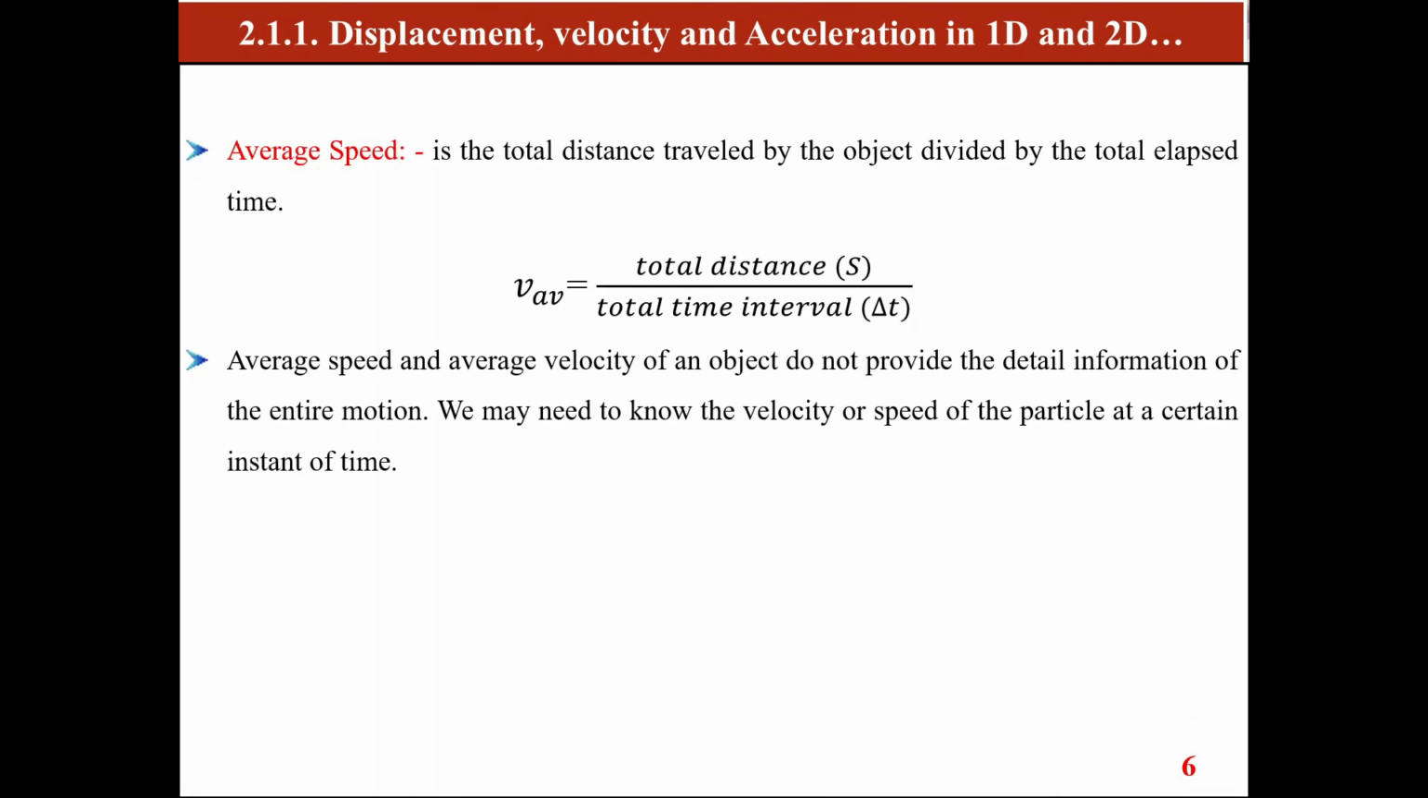Average speed is the total distance traveled by the object divided by the total elapsed time. For average speed, we need to first find the total distance, then the total interval of time. With that, it's possible to get the average speed. This will be more elaborated when we solve different questions. Average speed and average velocity of an object do not provide detailed information of the entire motion. We may need to know the velocity or speed of the particle at a certain